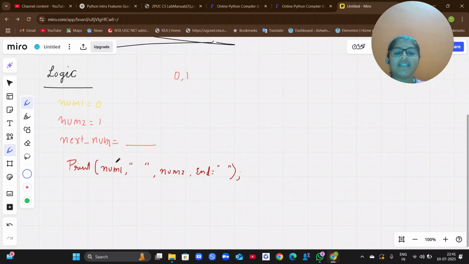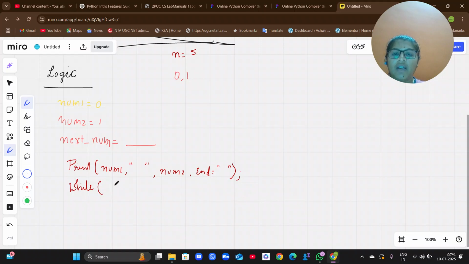Okay. Next I need to write a while statement. Why do I need to take a while statement? Because here you have multiple statements, up to n number you need to print it, right? So if I give you n value as 5, 5 iterations have to be printed. So what I'll do, I'll take up a while statement.